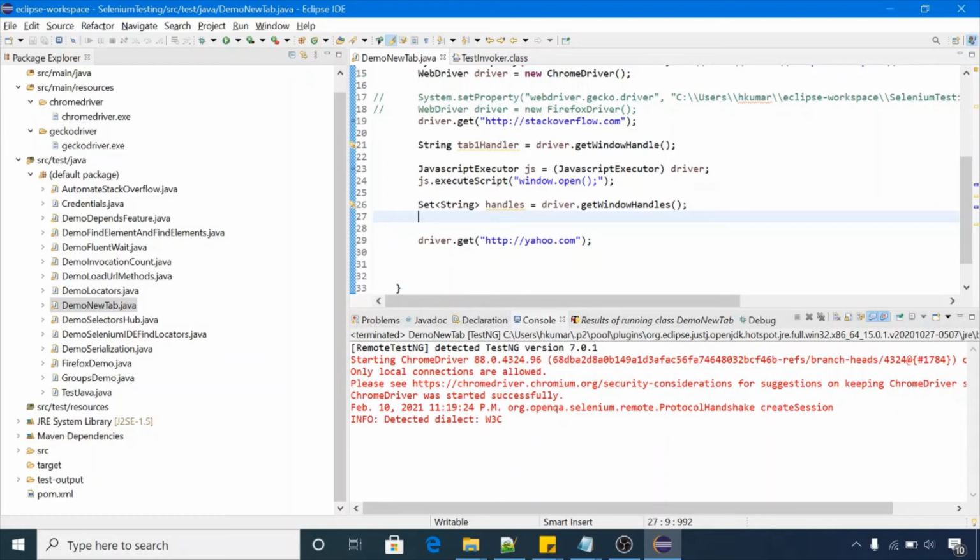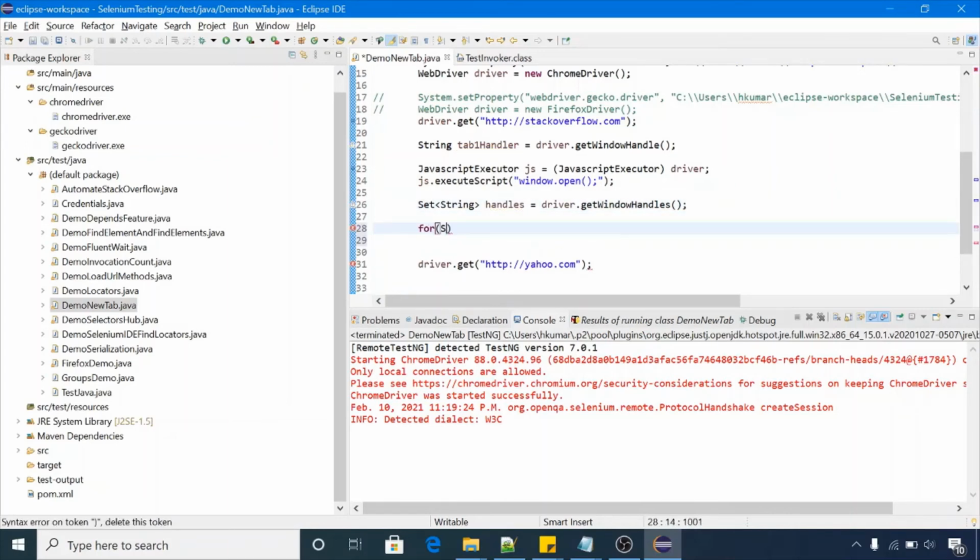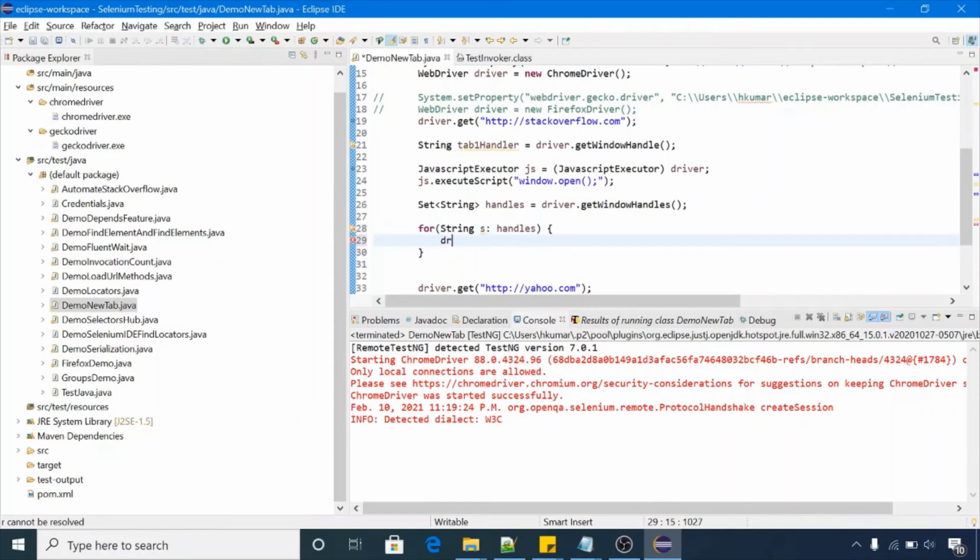We have one tab that was opened when we launched the browser, and we opened one new tab, so we have two handles in this set. We can use a for loop for that. In the for loop we use String as handles, and in this we can use driver.switchTo().window, and we can pass the handle variable, instead of s, handle name.